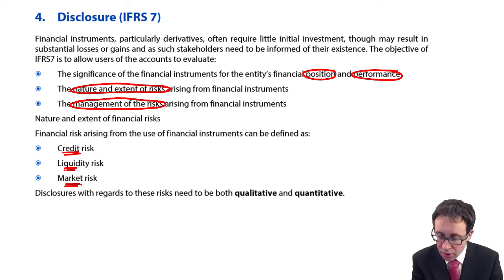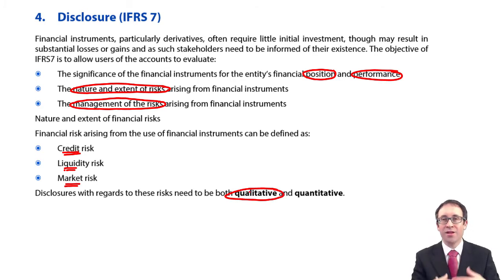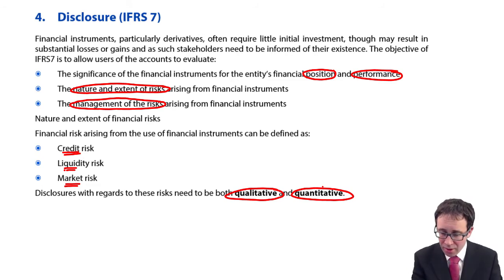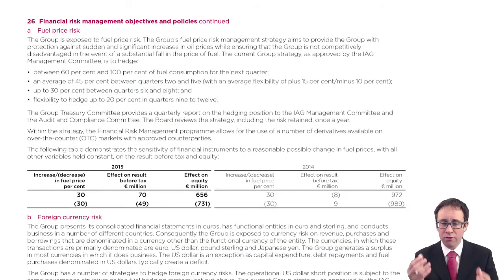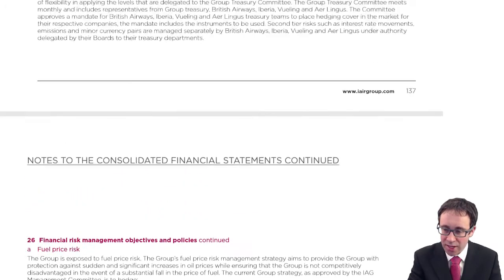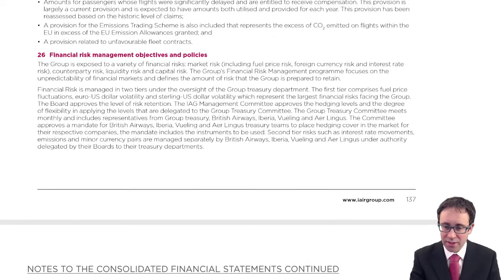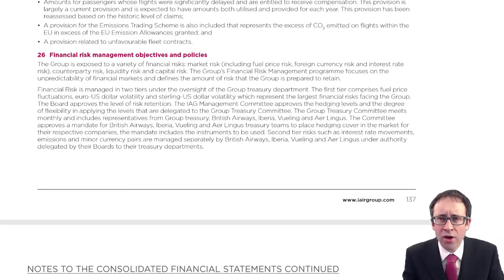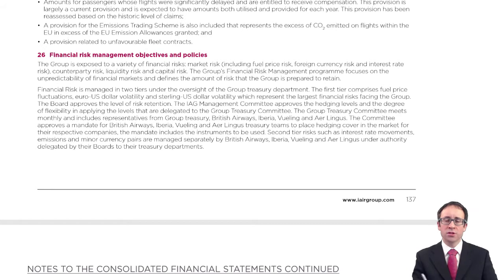So when we're looking at the disclosures, they need to be qualitative. So that's the narrative disclosure, and they also need to be quantitative. So that's going through there and looking at the numbers. That's effectively all that you need, but I thought it would be a good idea just to go through and have a look at an example set of financial statements. So I think this is the International Airline Group's notes to do with IFRS 7. Okay,